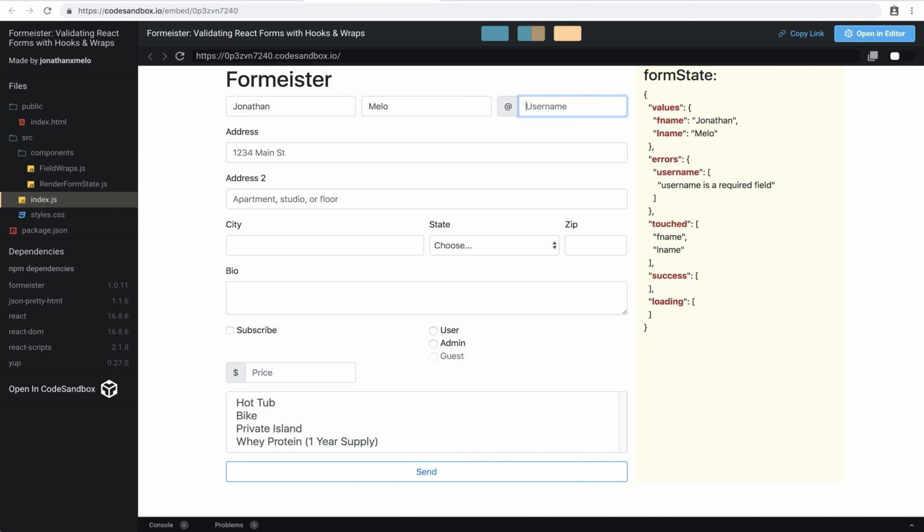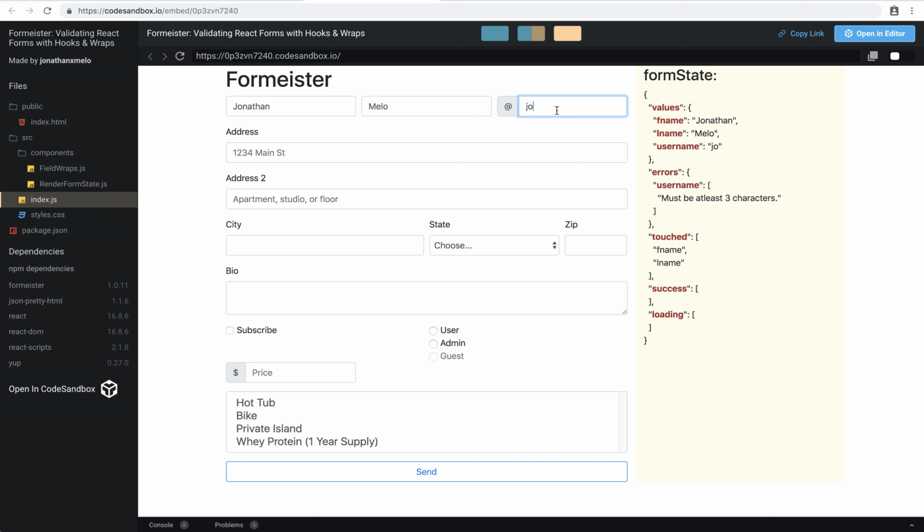And then for the username, it's a required field, but it also requires at least 3 characters. What will happen here as I type, when I type the 3rd character, it's going to make a request to the server to see if this username is available. You'll see the field name be added to the loading array, and then once it finds it. It's not actually making a request. I'm just doing a wait, a timeout function, and then once it comes back, it goes into the success